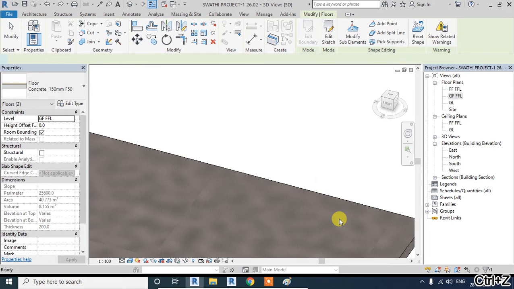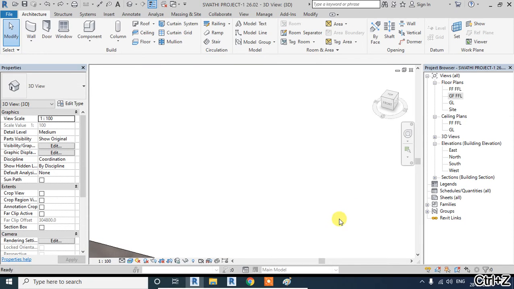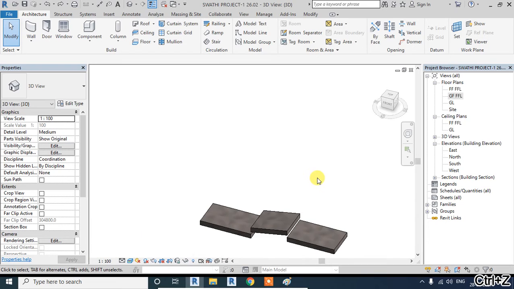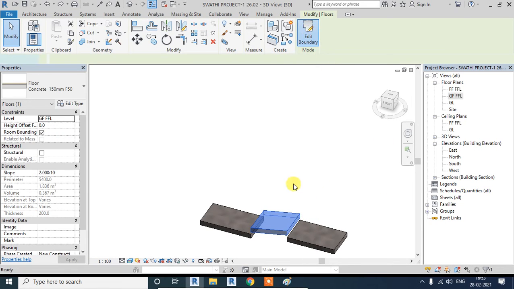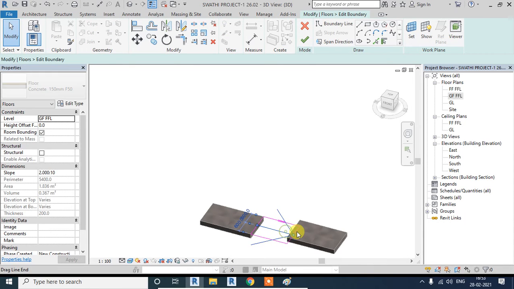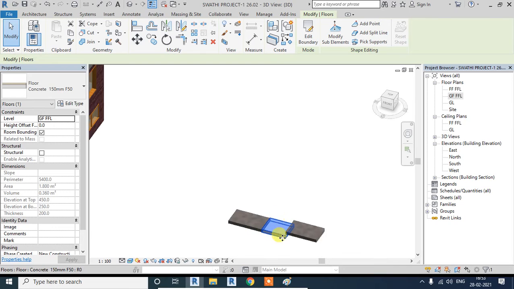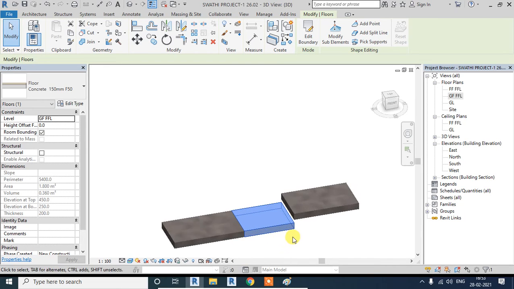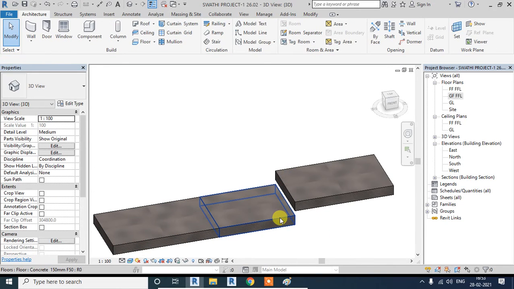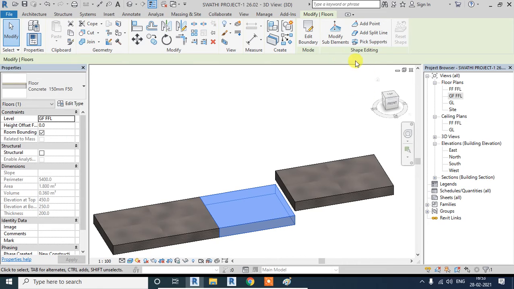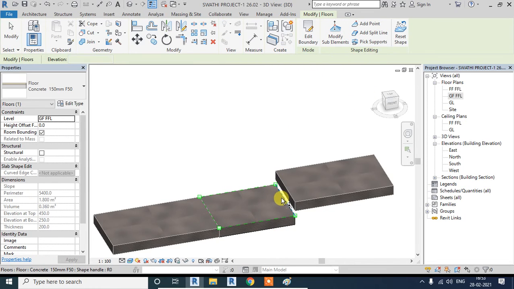Similarly, suppose I want to do the same thing we did for the ramp part. This is actually how we draw a ramp. We don't draw a ramp with the help of slope. So I'll finish this one. This is my product, and I want this thing to slope. So I can select this one, say modify sub elements, select the edge, and how much should it be? 300.